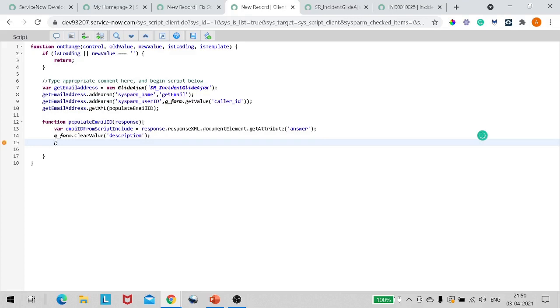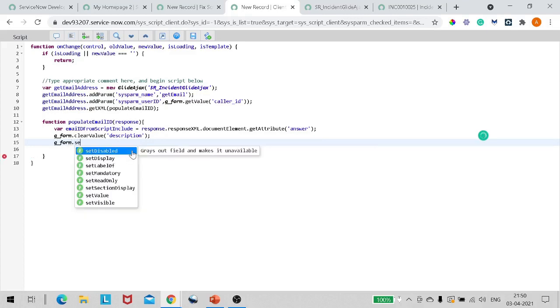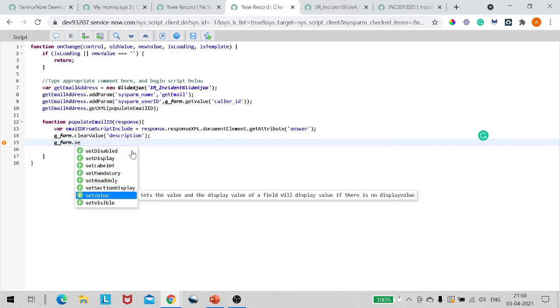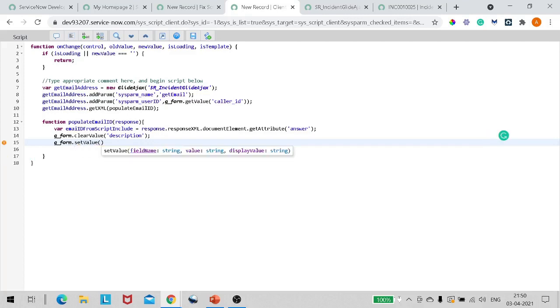So it's like g_form dot set value, right? I want this email ID, so I will give description with this particular variable. Okay, boom, it's done.